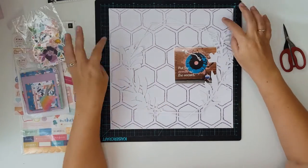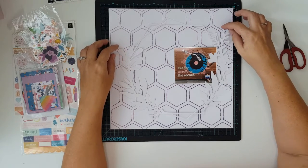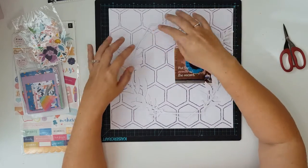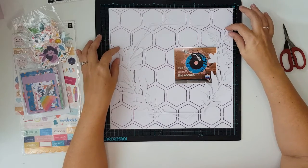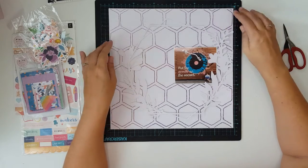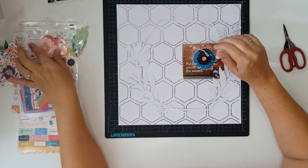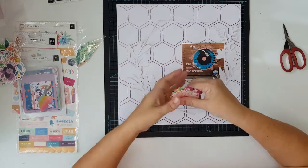The reason why I did hexagons in the back is when I saw this cut file with the two hexagons that are overlaid, that's the first thing I thought of, doing the cut file in white and then doing the hexagons in the back to complement the cut file. So this is really not going to be